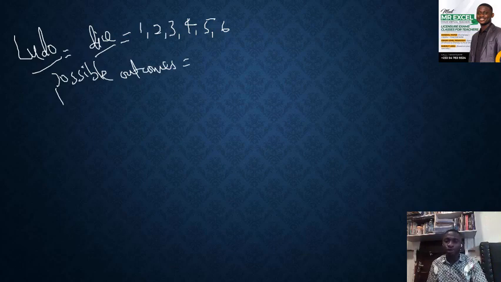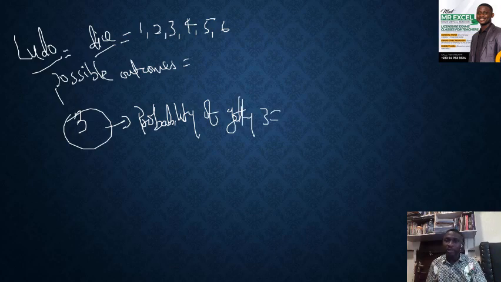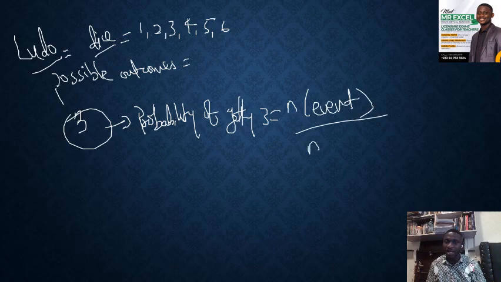However, in a question you may be asked that a fair die is thrown once. Now if the fair die is thrown once, the question is, what is the probability that after the die was thrown, the person who threw the die would get the number 3? So then we say probability of getting a 3 is equal to n, the number of 3s that we have, so n of events over n of what? The total.